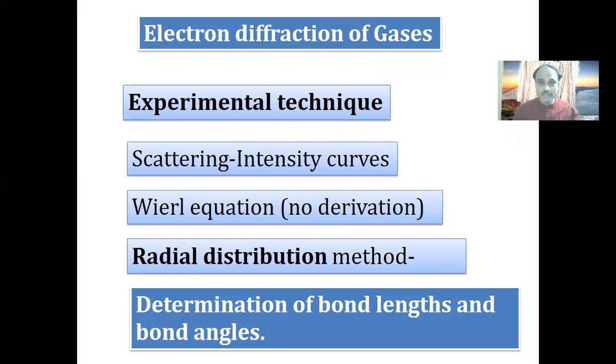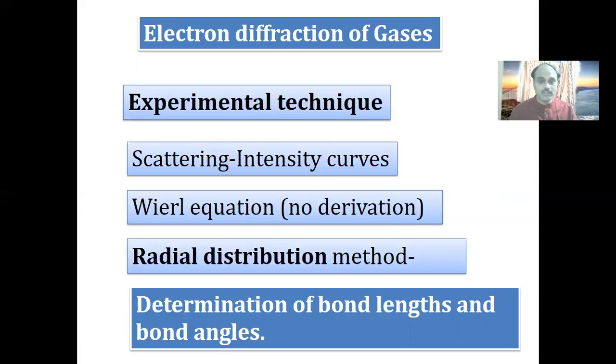So through that technique, you can deduce the structure of a sample where you cannot determine the structure of a crystal from the X-ray diffraction technique. Then what are we studying? Experimental technique, scattering intensity curves. Scattering intensity curve means how the X-ray peaks are going to appear in the spectrum, and with respect to that, what is the intensity for each peak, and we are going to analyze these peaks to characterize a particular sample